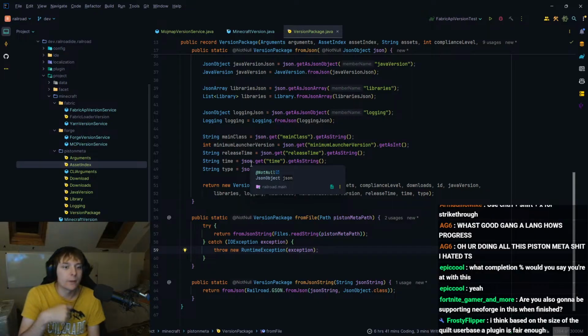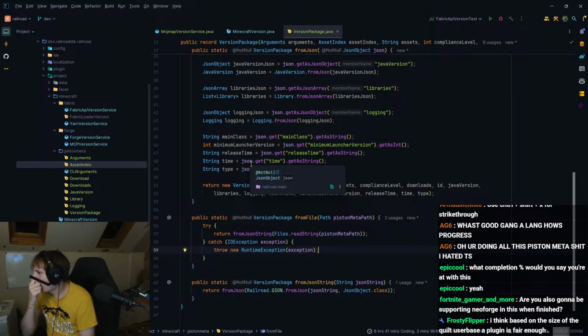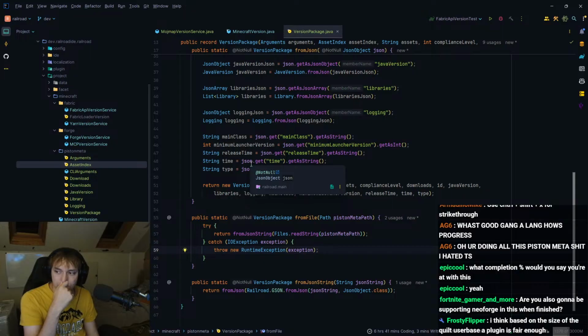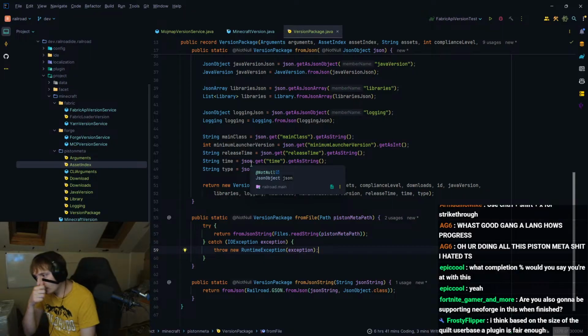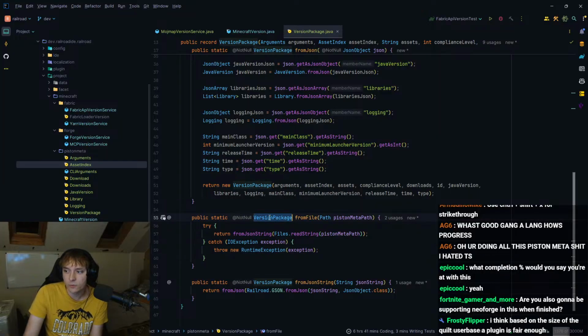I don't like throwing exceptions because that means you have to handle them. But I don't like making everything optional either. I wish Java had the option to return the actual thing, in this case a version package, or return some kind of special data type, like an error value.